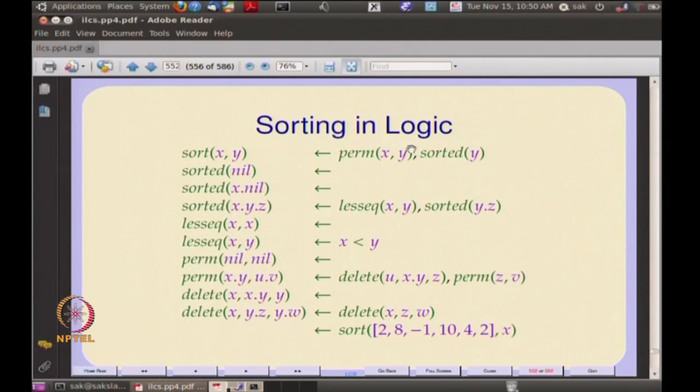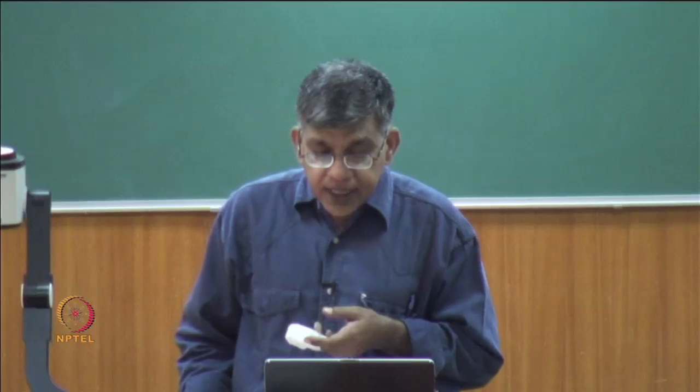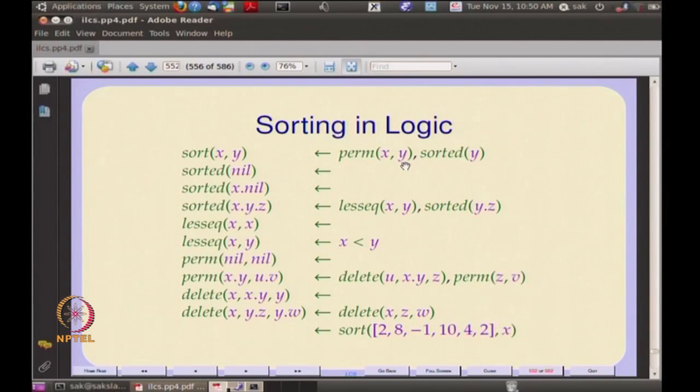So, creating a permutation essentially means trying out all possible permutations of this list till you get some particular permutation which makes this perm XY true. Once you have got that permutation, you have created a fresh substitution for this Y1, and this Y1 has been substituted by X11. So, you got a fresh substitution for X11 which is that permutation, and that will be verified against this sortedness,